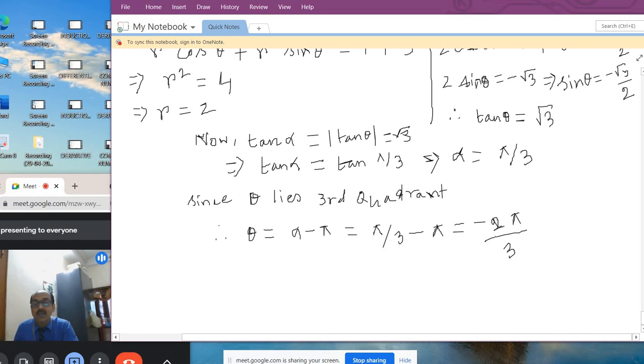Now write down the answer. First is modulus. Hence modulus equal to 2, and amplitude equal to, that is theta,